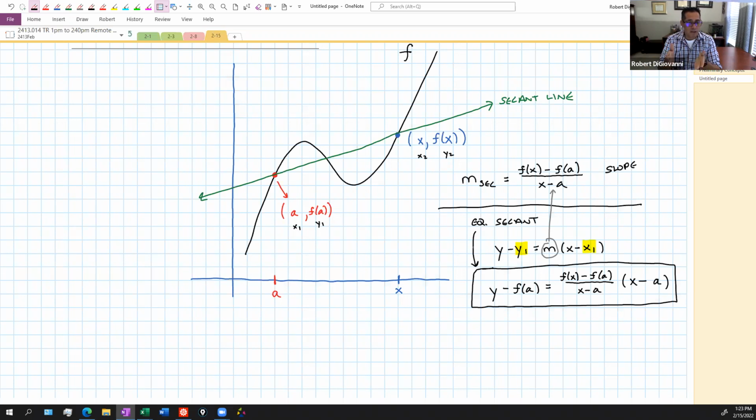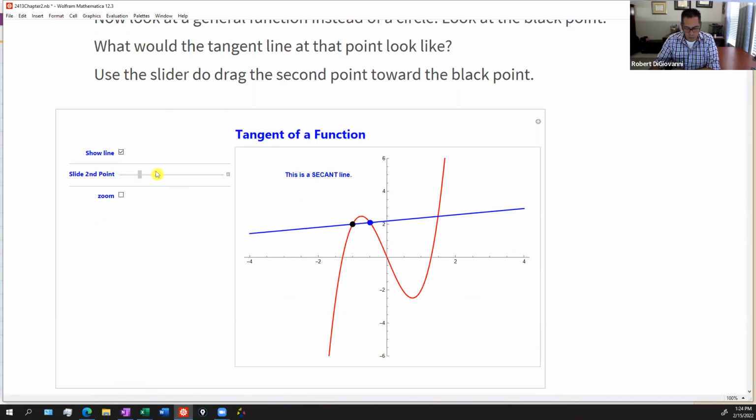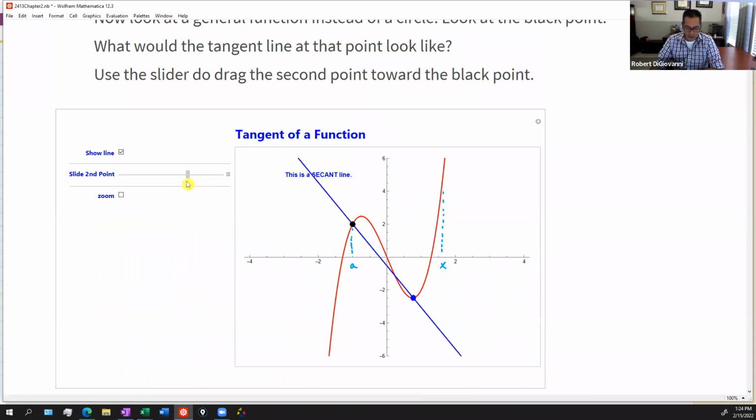So let's think about this. What we want to do is take this point, and let me label it here. We called this point right here A, and we called this point here X. And now what I'd like to do is slide this blue point on top of the black point. So I need to move it like this, like this, and then once I get right there, to the tangent line,